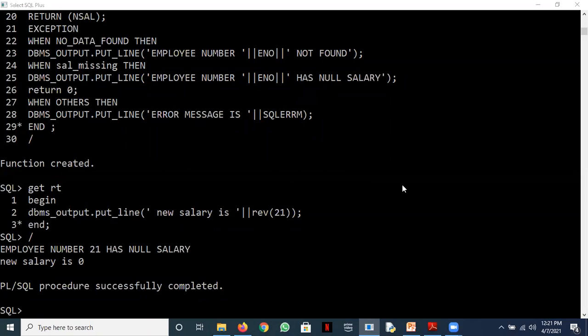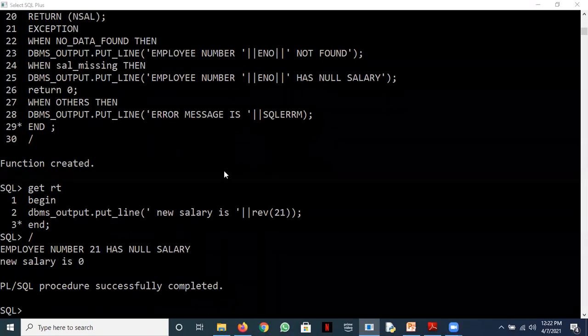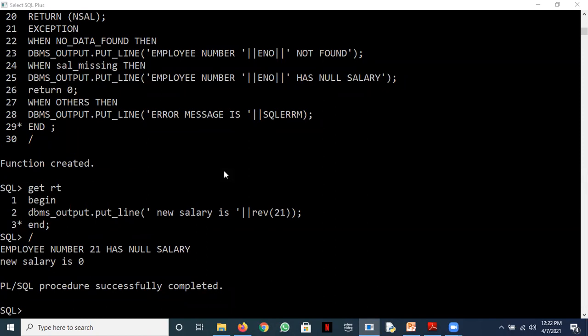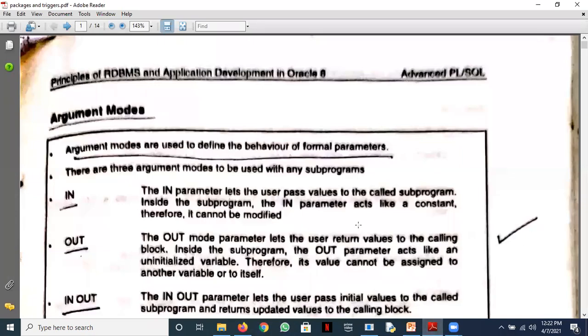If you have any problems with the function or the procedure that we have discussed, how they should be called, how the exception handling should be there, we can have so many problems with this. We'll discuss a few problems in our afternoon class today. I'll tell you the time once I end this class, the 1 hour problems class in the afternoon. So let's now move ahead and work with argument modes.